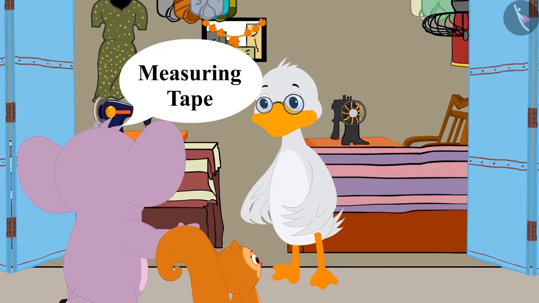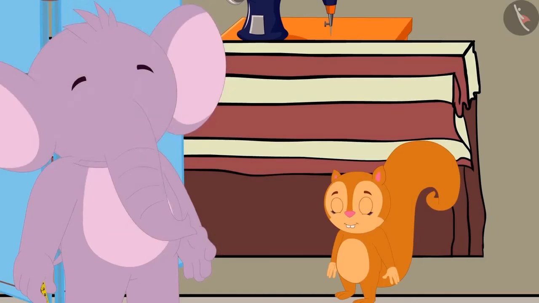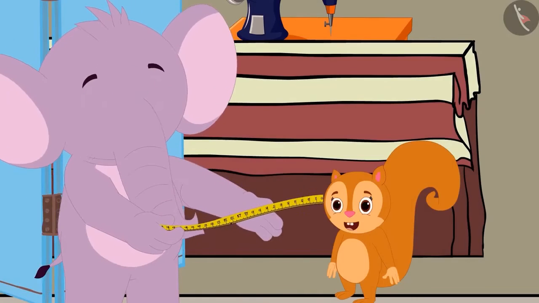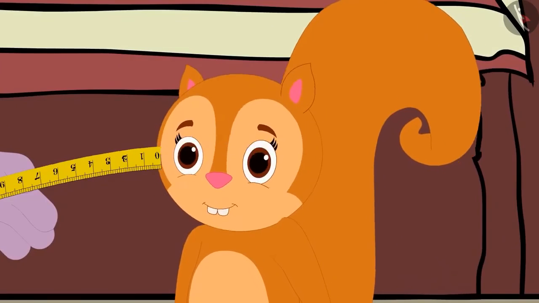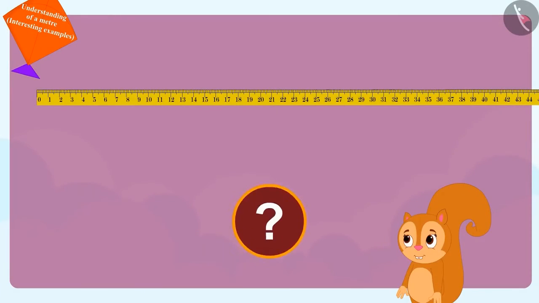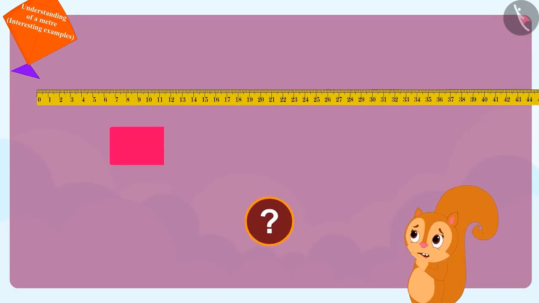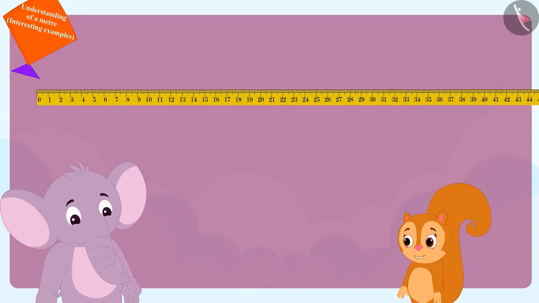Appu asked uncle for his measuring tape. Appu showed the measuring tape to Chanda. Chanda got very excited after seeing it. She asked Appu how she must use it. Appu told Chanda,